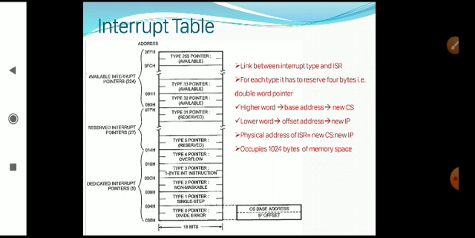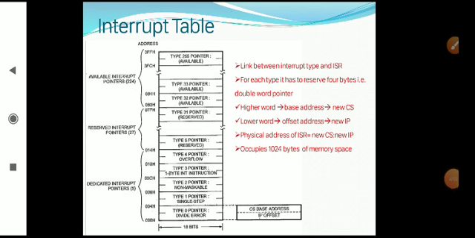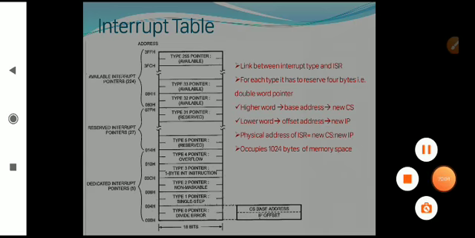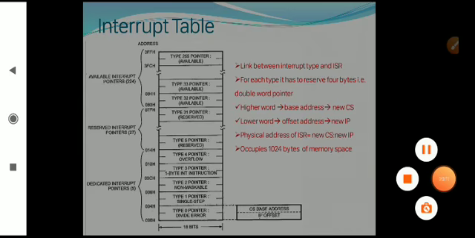Similarly, it can be unmasked by making the interrupt flag equal to 1 with the help of the instruction STI. This is the whole about the vector and interrupt table. Thank you.